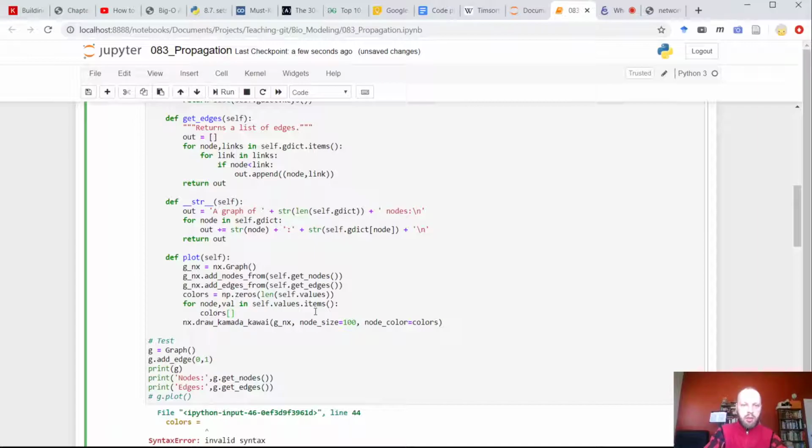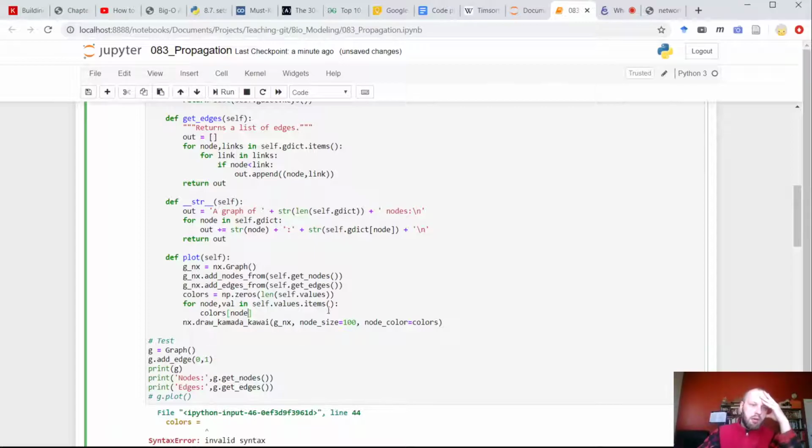colors, which one? Node. Oh gosh. Just a second, let me think. Get nodes. Okay, so the problem here is that the colors should go in the same order in which the nodes go.